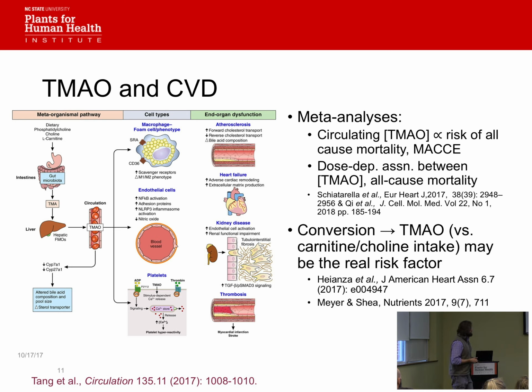It's just crazy to think about, and some meta-analyses have confirmed that circulating TMAO is in fact related to risk of all-cause mortality and incidence of major adverse cardiovascular and cerebrovascular events. And it appears that intake of these compounds themselves, carnitine, choline, and so forth, may not be the primary problem. It's an altered ability to convert them to TMA and TMAO that's actually the problem. I'll talk a little bit more about that later.